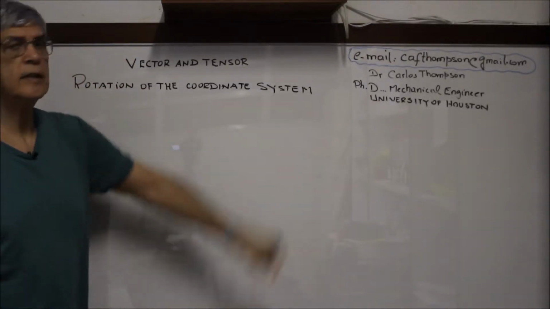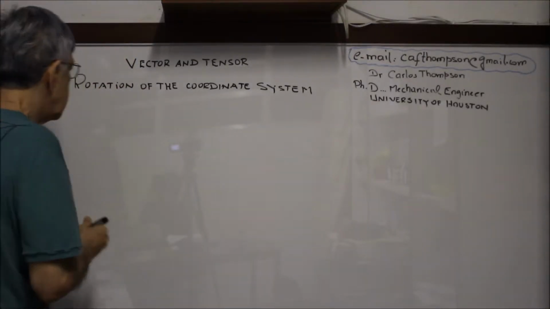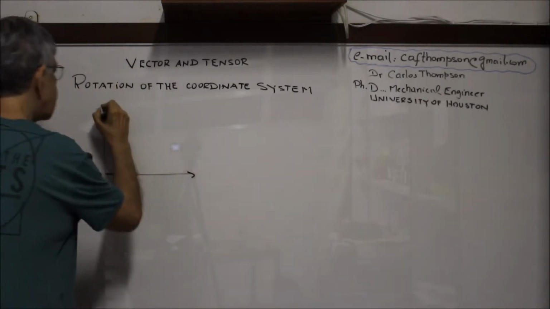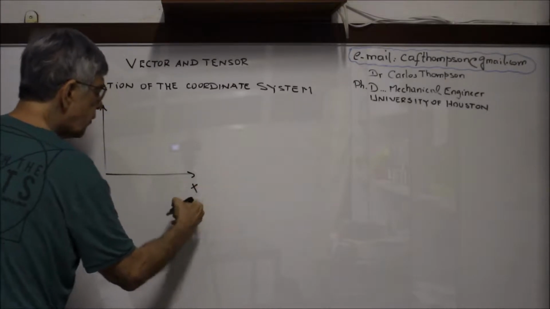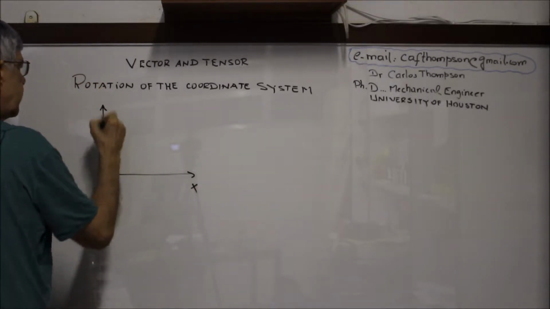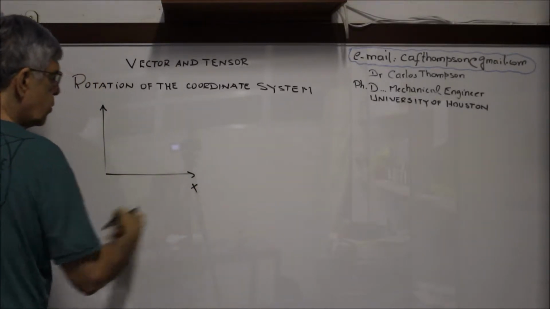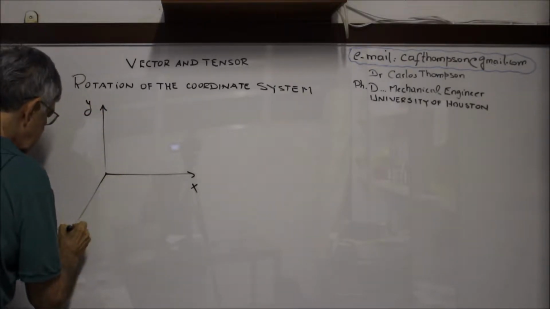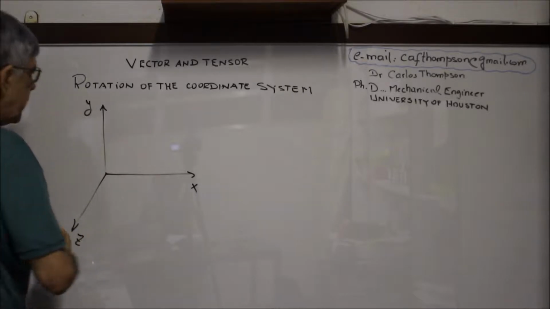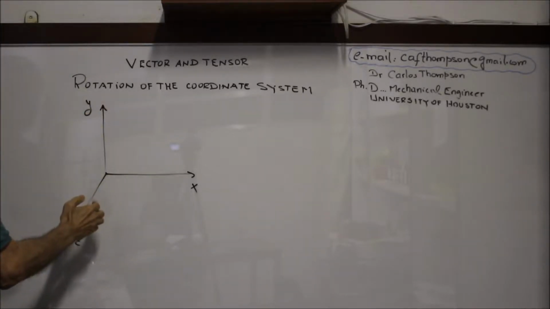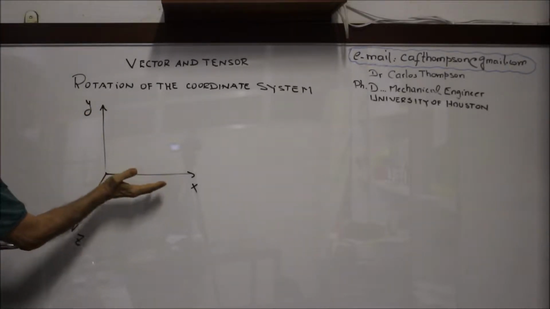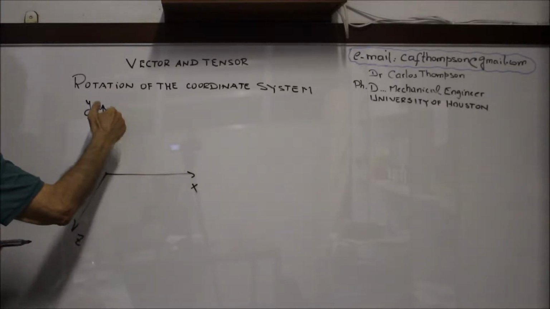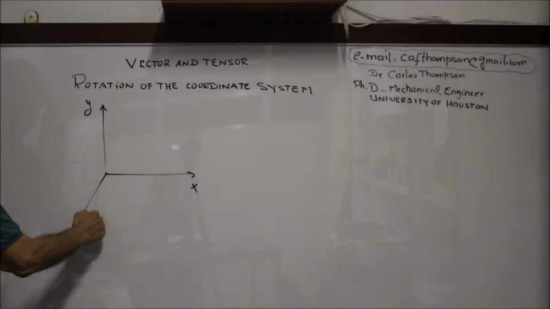Rotation of the coordinate system. Consider the x and y. Instead of x sub 1 and x sub 2, let's work with x and y. This is z. Now x, y, and z: if you rotate x toward y, you have the xz here,